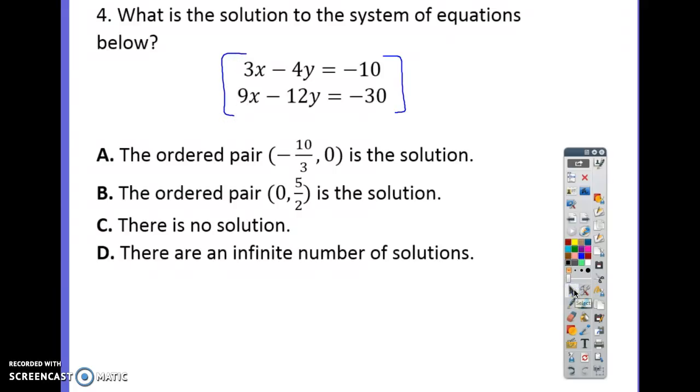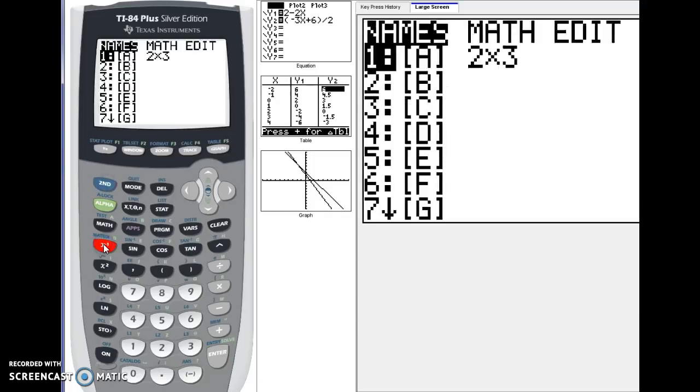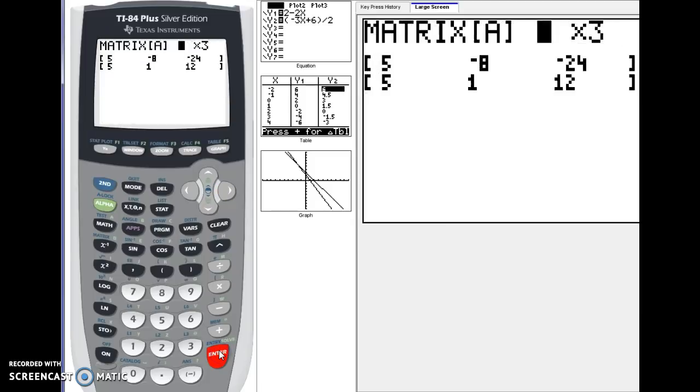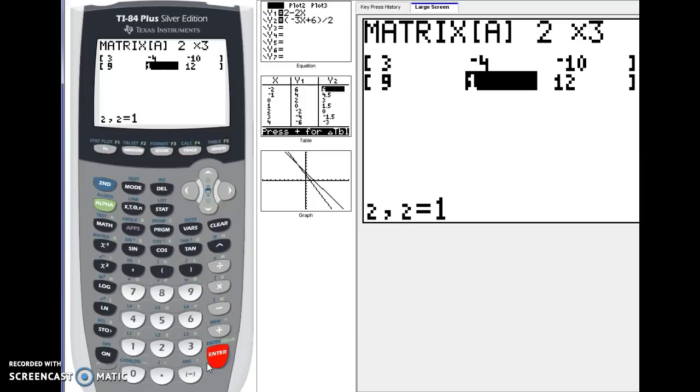Pause the video, and go ahead and do it yourself. So that should have given you time to put it in matrix. I'm going to go ahead and do it real quick for those of you who don't know how to do this. Go to edit, 2 by 3, put your numbers in: 3, enter, negative 4, negative 10, 9, negative 12,